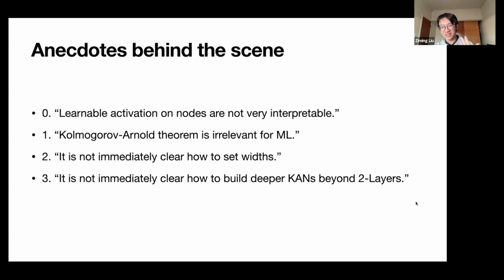And the biggest challenge was how do we actually build deeper KANs beyond 2 layers? That was not clear at all at first, although the way we present it in the paper makes it seem quite convenient and straightforward. The first KAN network that we built was not even efficient in principle, in that we noticed that the outer functions have 1 index and inner functions have 2 indices. So we just generalized it: if we have an n-layer network, then we probably need n indices for the last layer, for the innermost functions, which is impossible to scale at all. Only later did we realize that the outer functions secretly have 2 indices, with the output as 1 secret index.